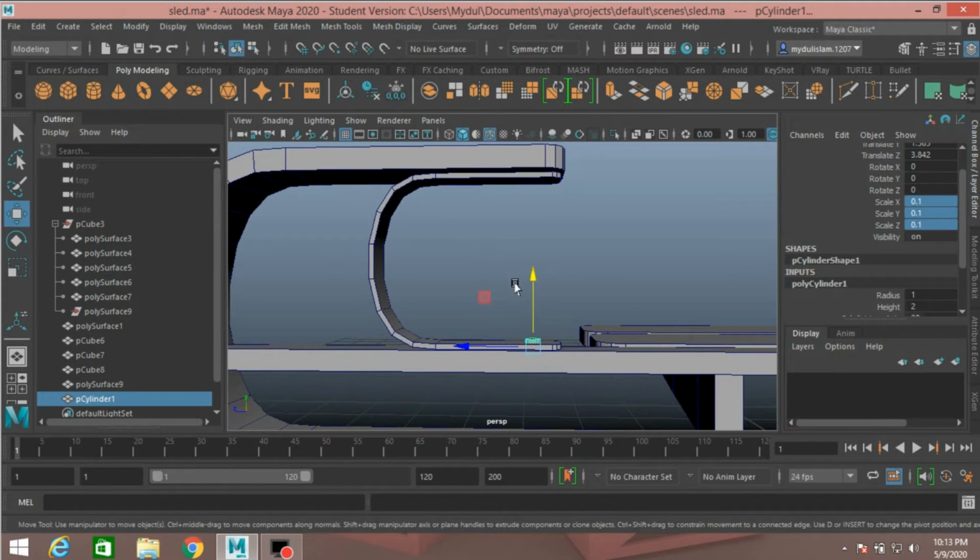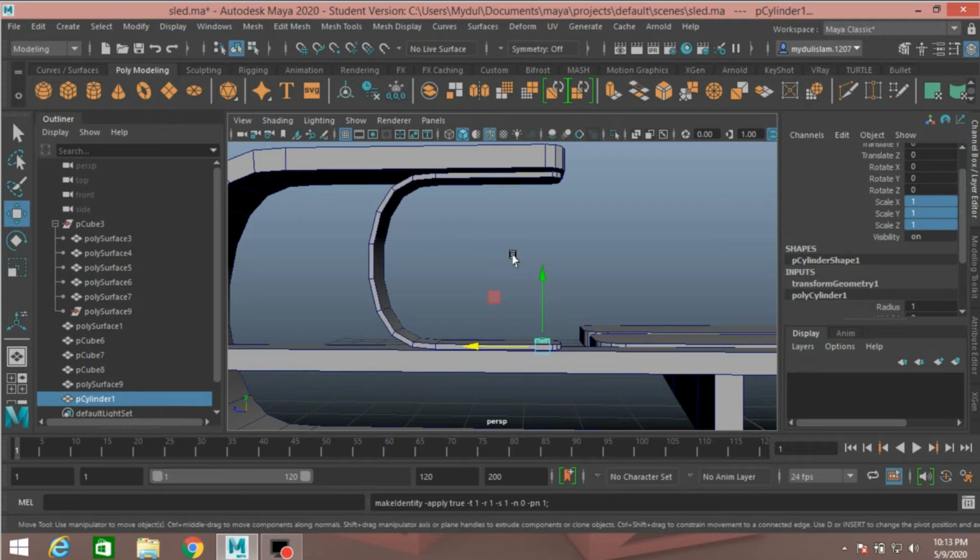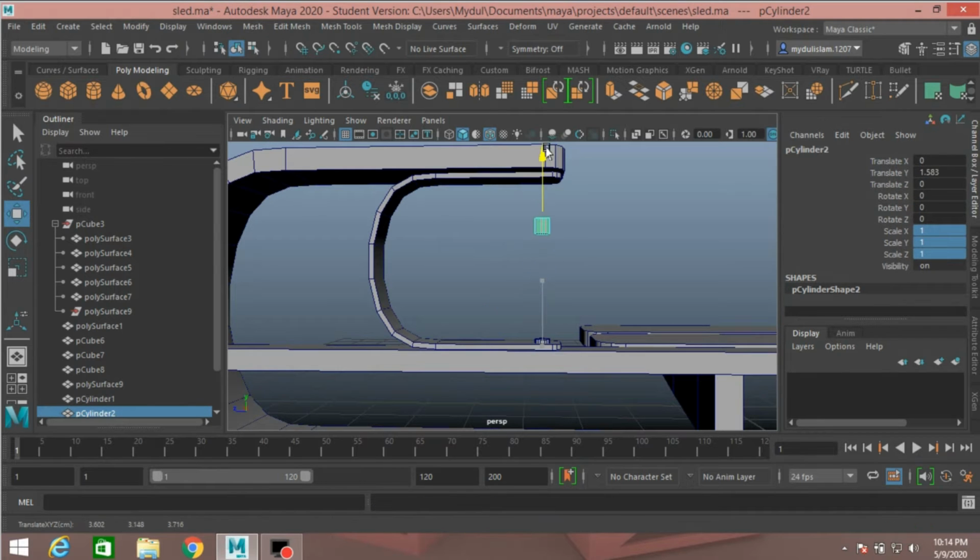Move it here. Go to modify, freeze transformation, press Ctrl plus D to duplicate and move it just here.